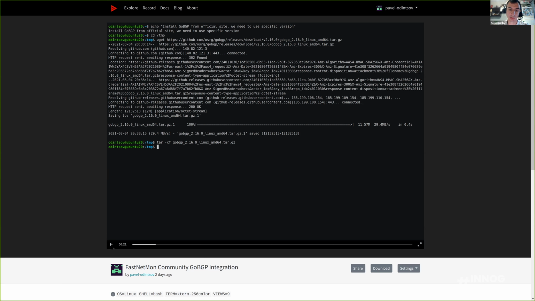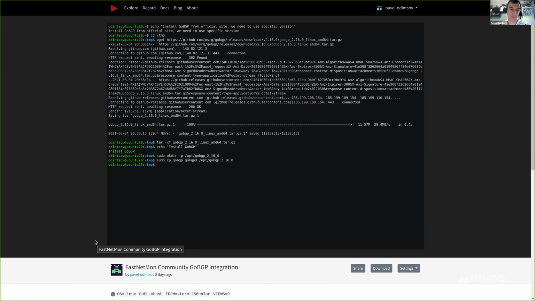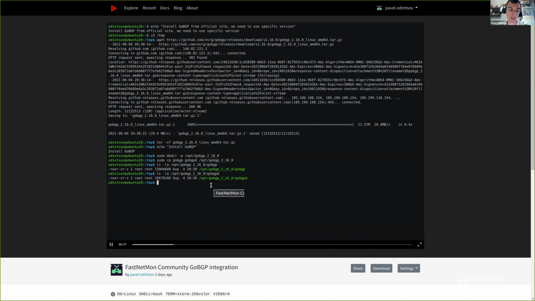So we just need to install it. And the first thing about GoBGP, it's implemented in the Go language, and Go is cross-platform. It's not like C or like Python. You don't need any dependencies. You just need to download the binary, and it will work on your machine. So that's what we do. Look, we downloaded the binary package. We created a folder in /opt to avoid conflicts with system packages, for example, if you already have GoBGP installed. See, we have both binaries. They're quite heavy, but